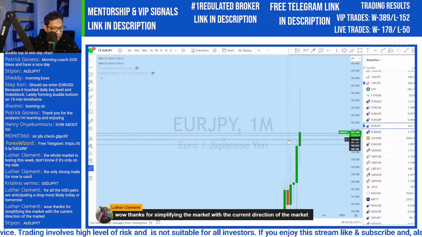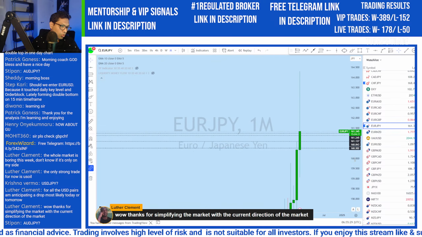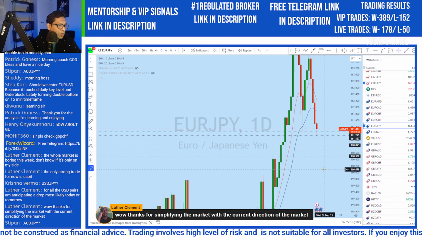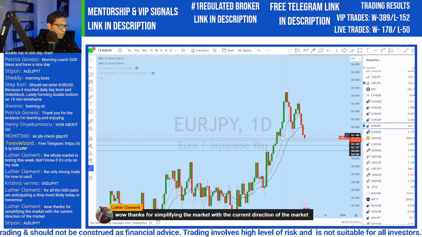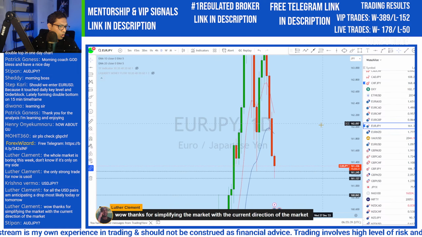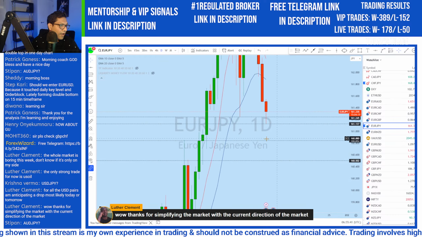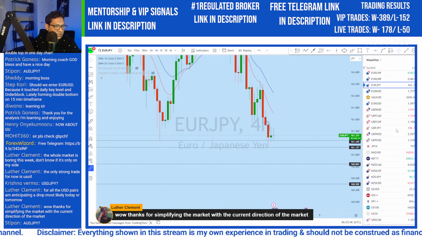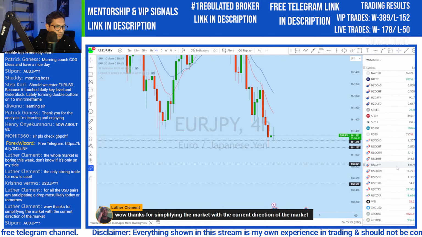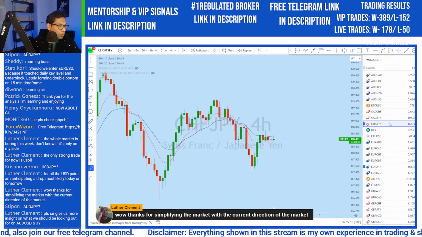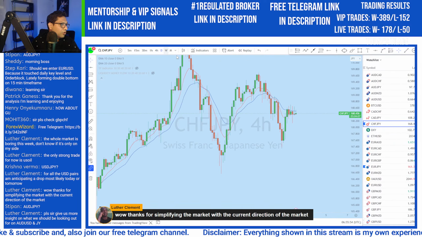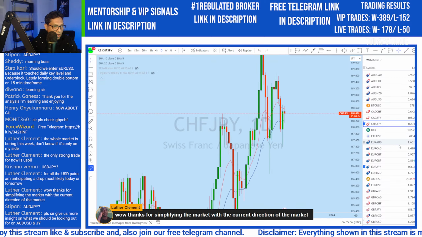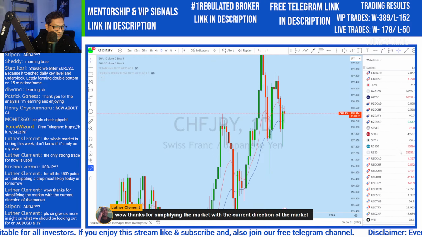Tomorrow the monthly closes early, and then one day later the weekly closes. So EuroJPY and GBPJPY, because you see this is a liquidity zone that has just broken that level. So I will be waiting for entry on EuroJPY as soon as we find that. And I think CHFJPY as well. If you look at CHFJPY, that one also might be dropping further, but this one is a bit stronger, as CHF is a stronger currency.